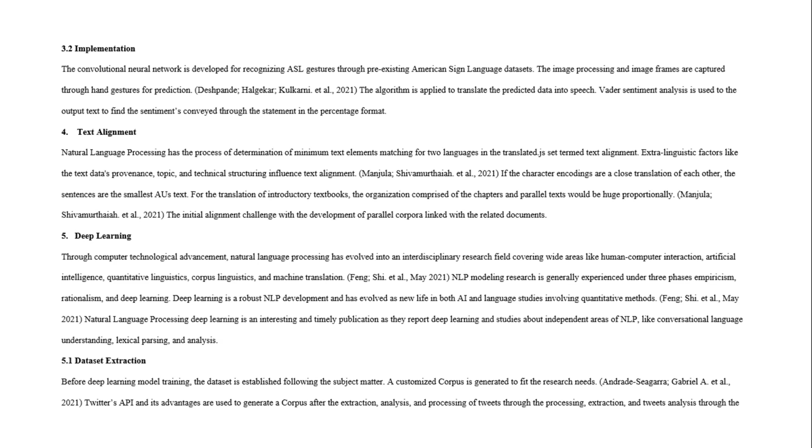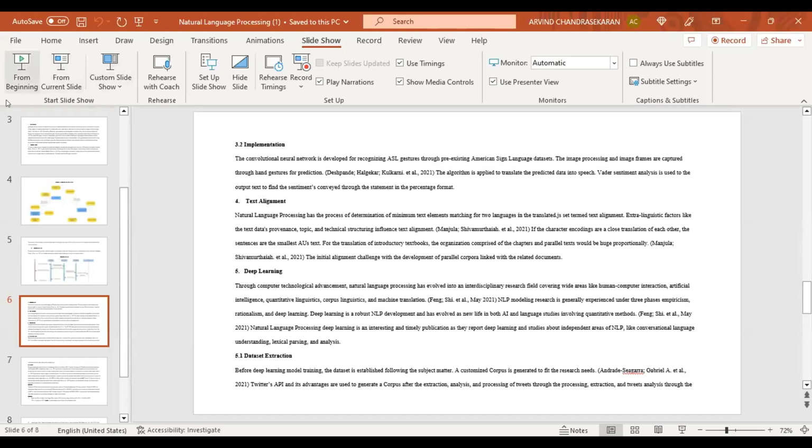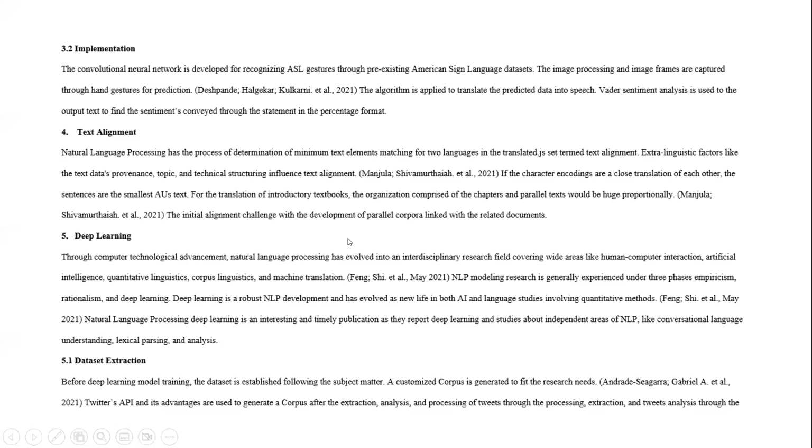If the character encodings are a close translation for each other, the sentences are the smallest aligned text units. And the second technology adopted in this context is deep learning. Natural language processing